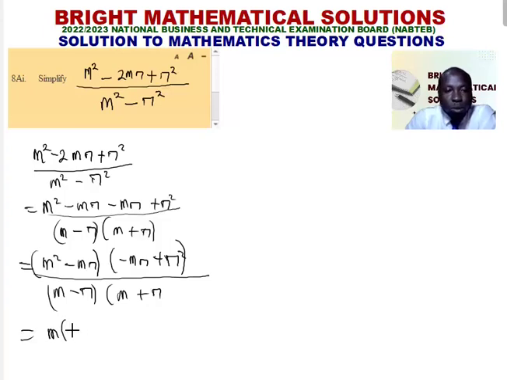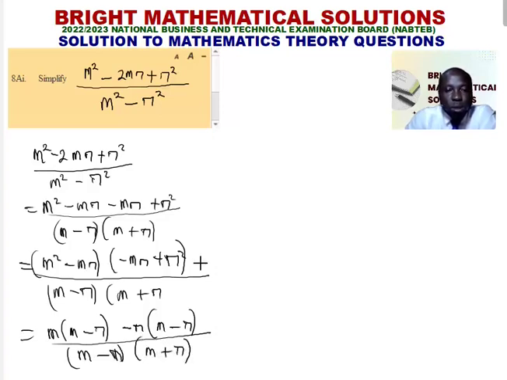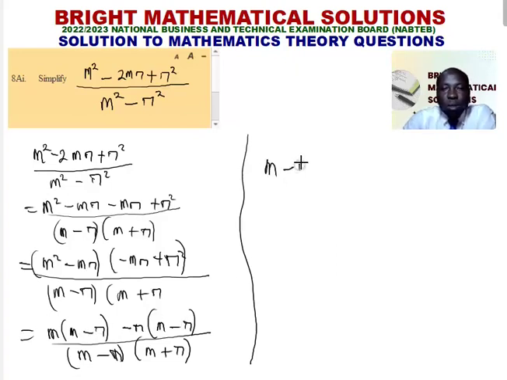m into m minus n. n is common to the two. It is minus n into m minus n, over m minus n, m plus n. So from here, since what is in the bracket are the same, m minus n